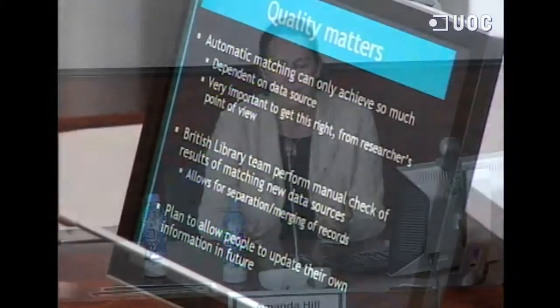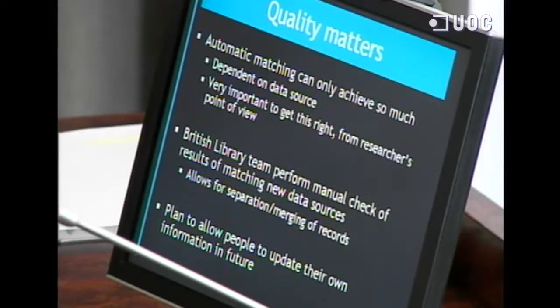And obviously, for an individual researcher, this is really important. You're getting personal information about them. I mean, it's publicly available information, but the fact that you might get that wrong is really important, and to get that right. And at the moment, we haven't got a mechanism for people to actually go in and edit their own records, although that's something we would like to do. But they can report an issue with a record and get us to correct it if there's something wrong.